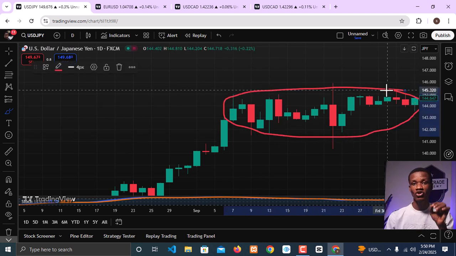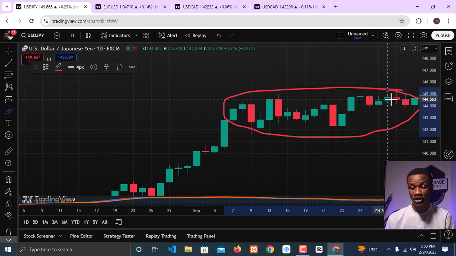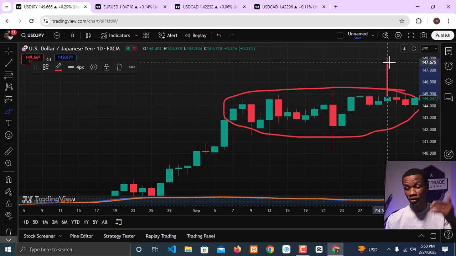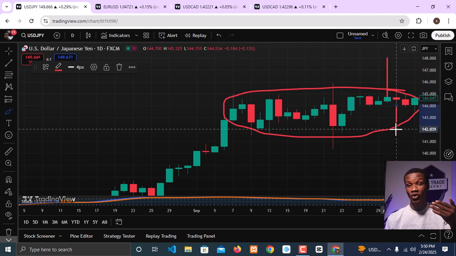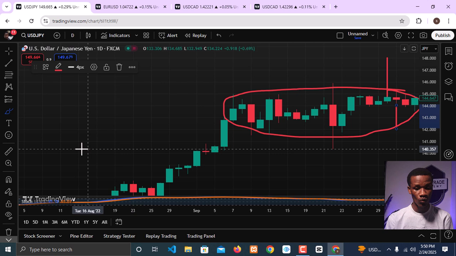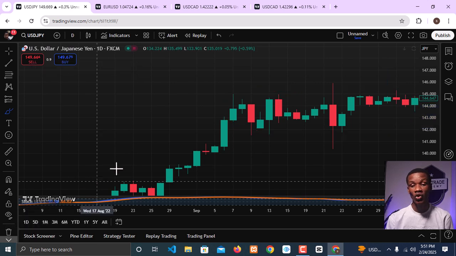So if momentum is building up on this very particular resistance, it means that if it breaks upward, the market is going to continue upward, and if it breaks down, the market is going to continue downward. But in this case, we want to trade in line with the trend. So since we want to trade in line with the trend, we want to look at the market breakout on